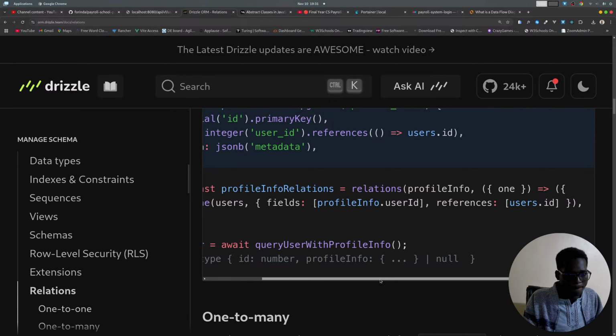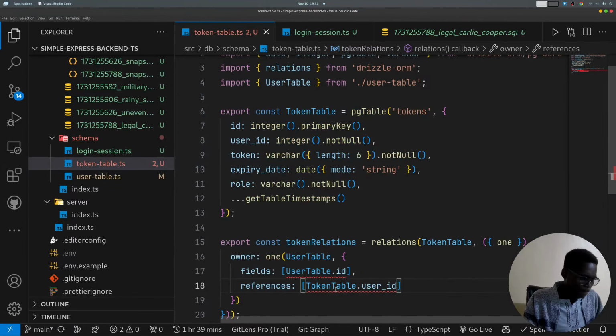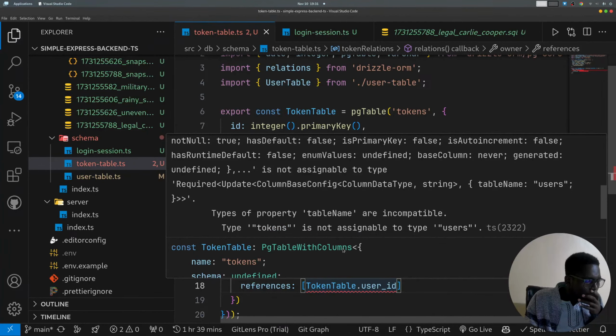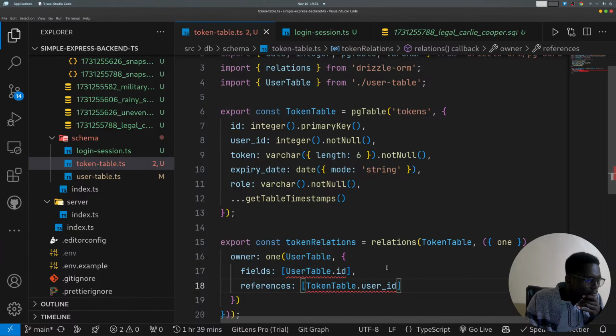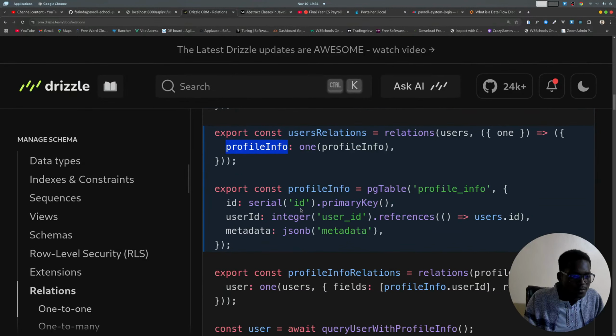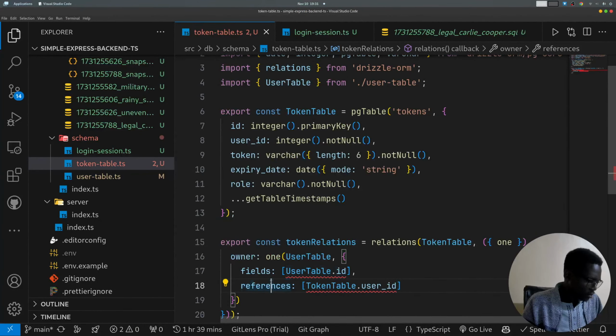What's here? Name. Okay, info. One user, so a profile with one user, token has